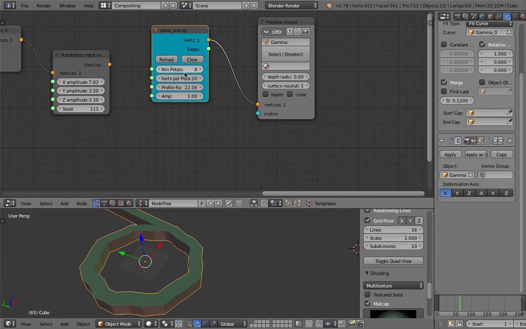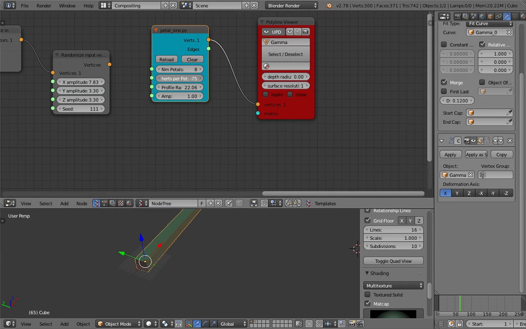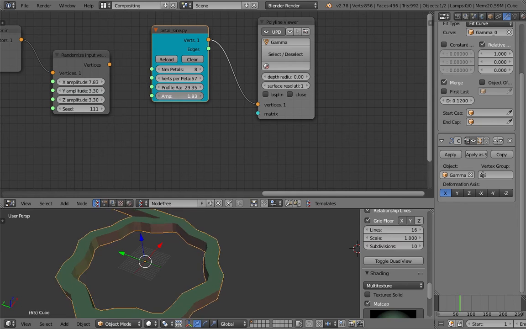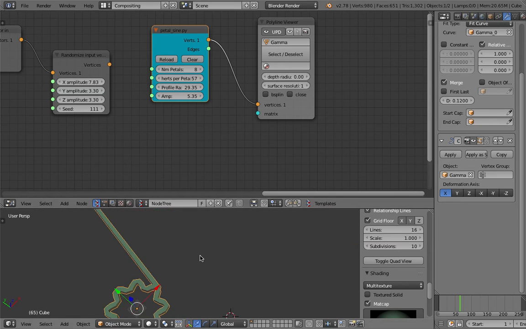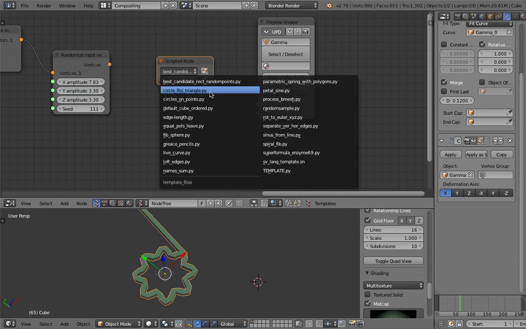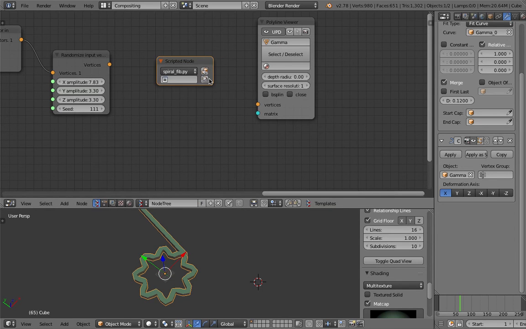You have the petal. Oops. See a flower, and you can also use the script node and Fibonacci,